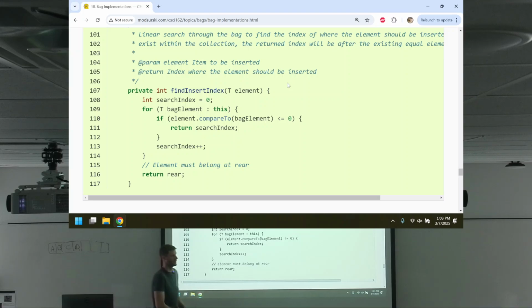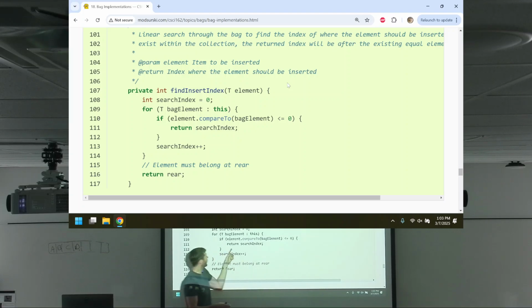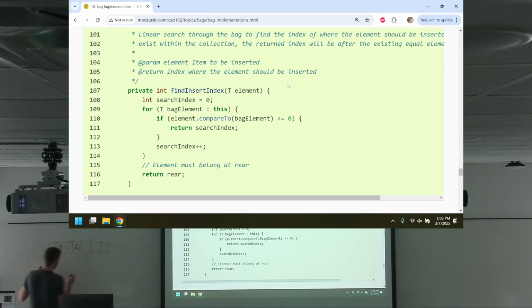For each thing, okay, so I've got the element I want to add. And I say, okay, hey, element that I want to add, compare yourself to the current thing, the bag element. If you are less than or equal to 0, you go there. Return the index, done. Right? That would be like saying if I have 5, 7, 11, 14, 15, right?